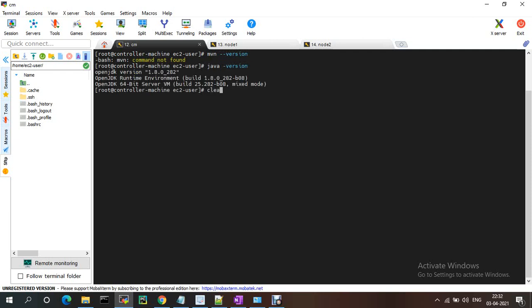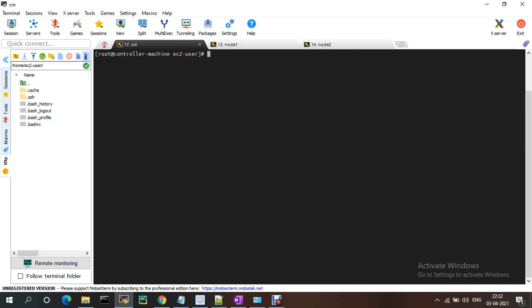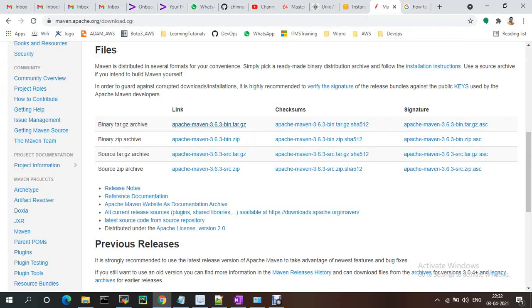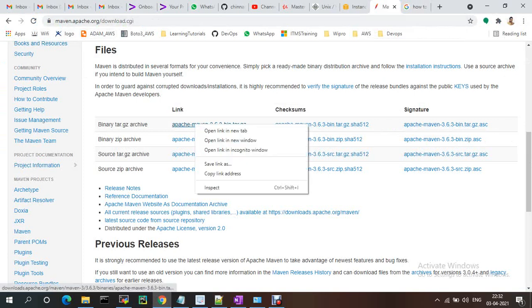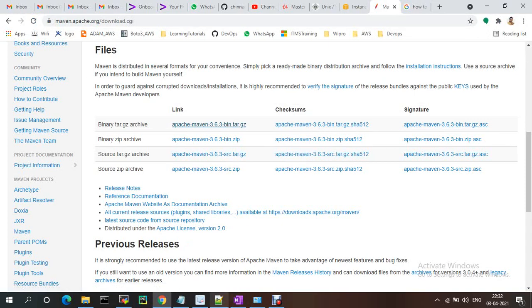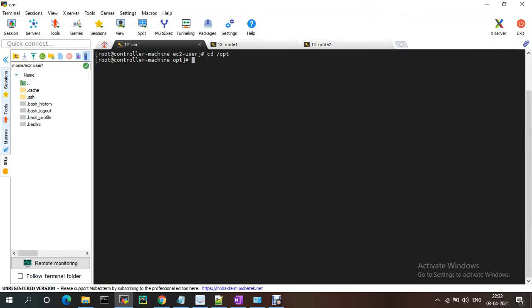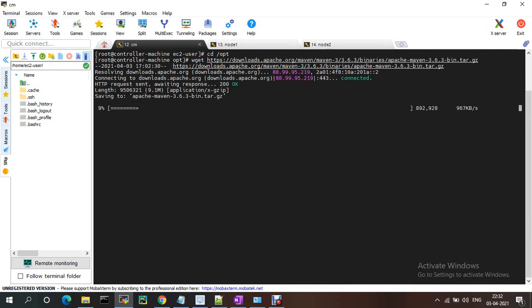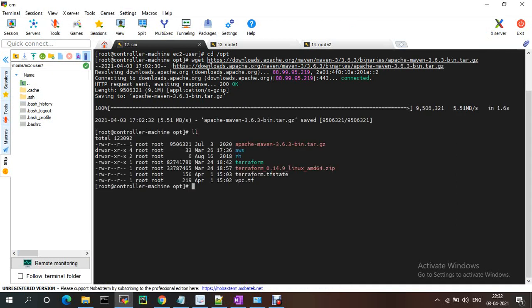Let me show how we do the manual installation of Maven. The first step: we go to the opt folder, then to the Apache official page, and take the tar file. We do wget and the tar file is downloaded. Now the tar file is available here.